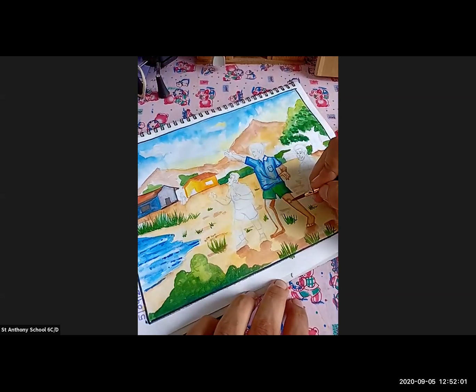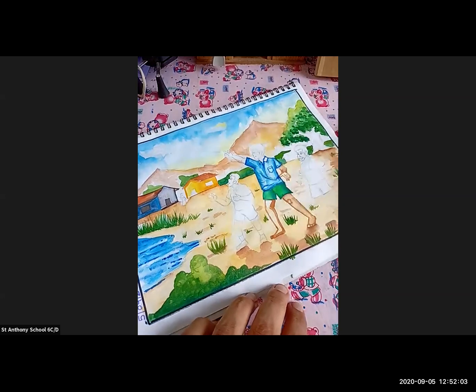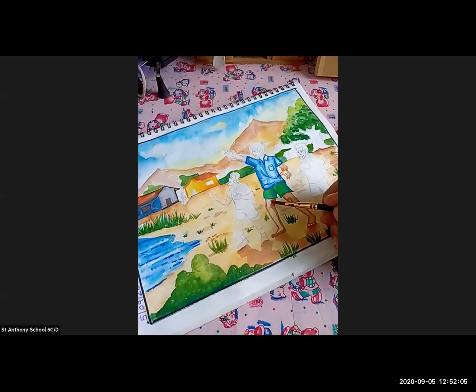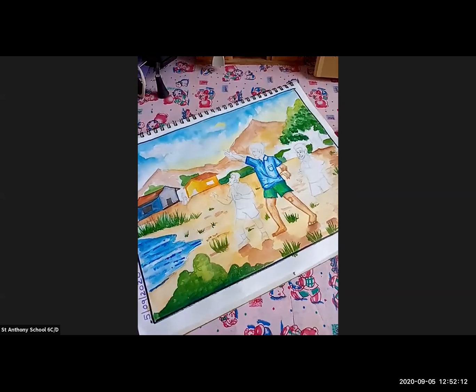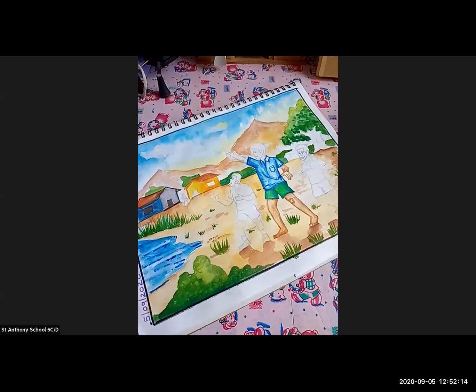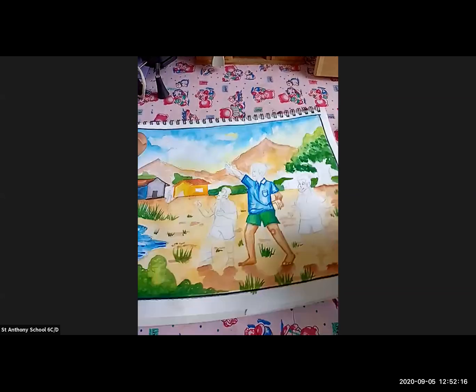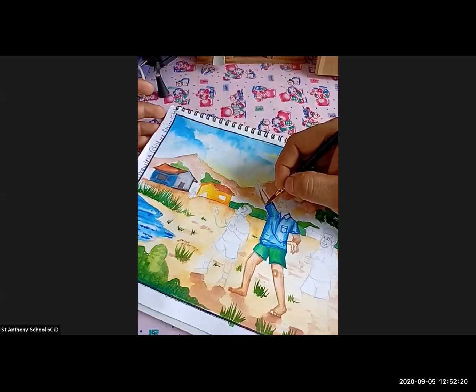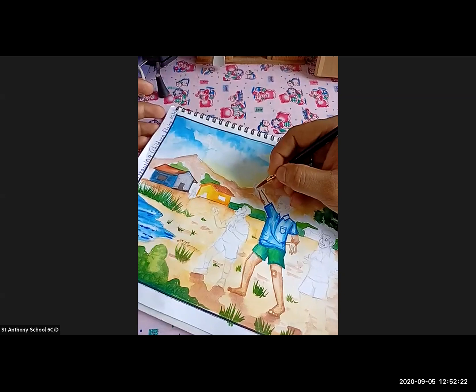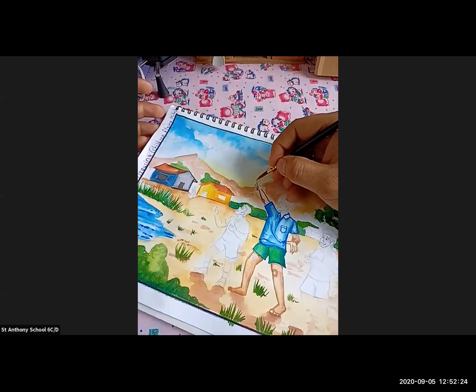You can add the proper shades to these legs and hands, and then just merge the color. Just look at this. This is how you can do it. And here comes the hand. Just look at this. This is the proper way how you're going to do it.